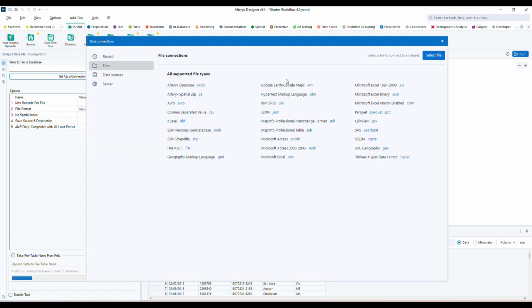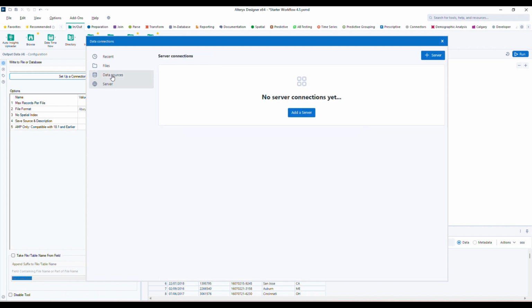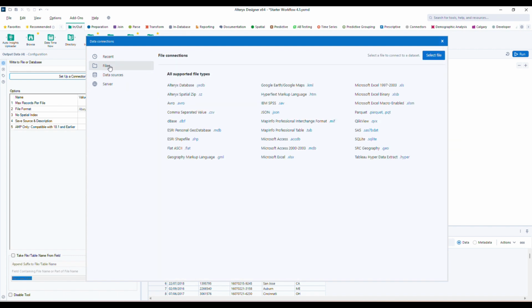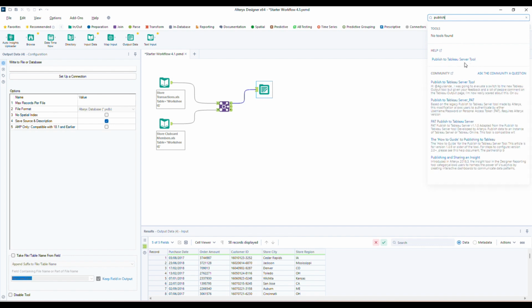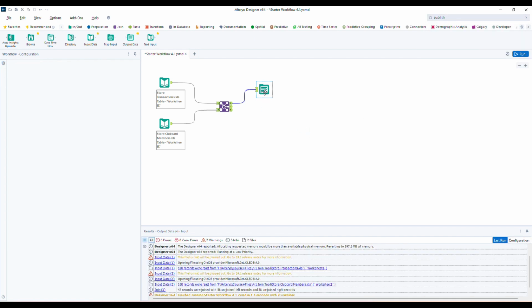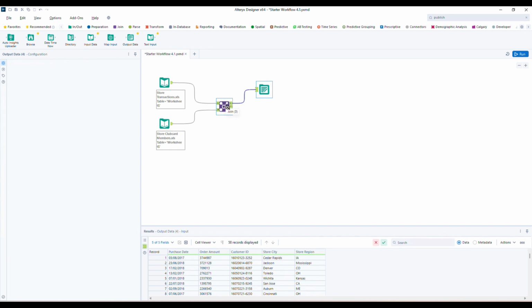Yes, same as input. Here also you can export your data into multiple files, and you can export your data into data sources, as you can create tables in it. You can create a new table and dump this data into a new table, and as well as you can publish this data to different servers like Tableau and Power BI as well. And right now in the upcoming versions, we do have the Tableau output tools, and I don't have much configuration to explain those things, but we can output this data to tables, to files, and to servers.